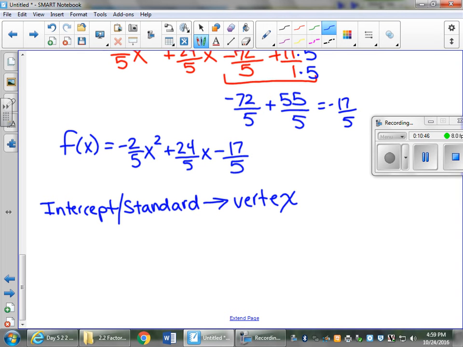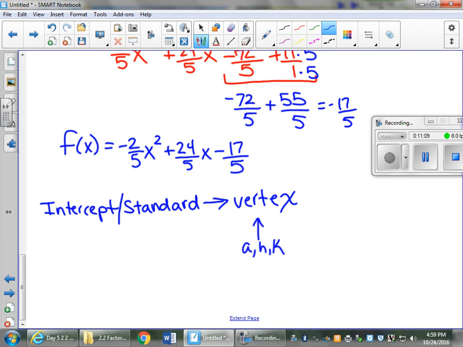So what information do we need to write an equation in vertex form? Think about that for a minute. What do you need to know to write an equation in vertex form? Pause it, think about it. If I want to write an equation in vertex form, I need to know the a, the h, and the